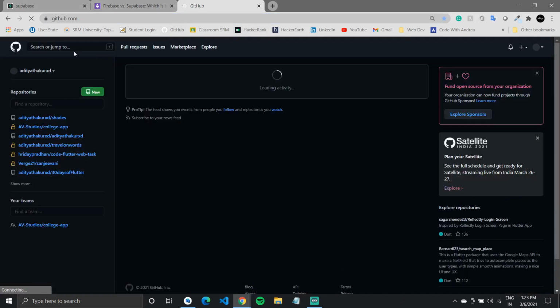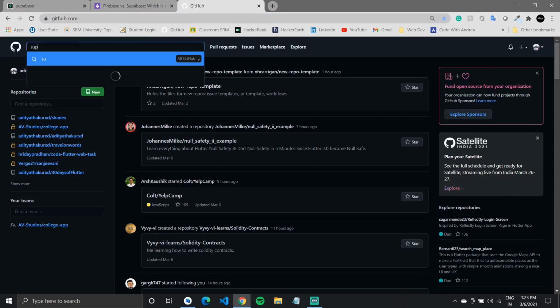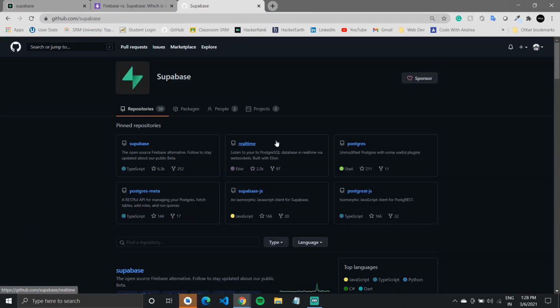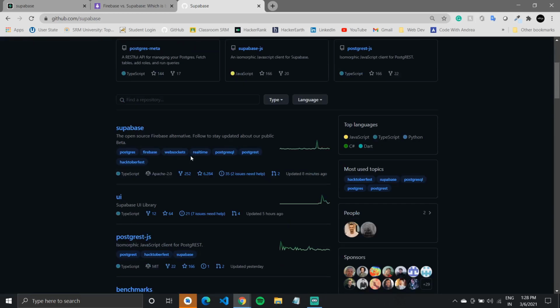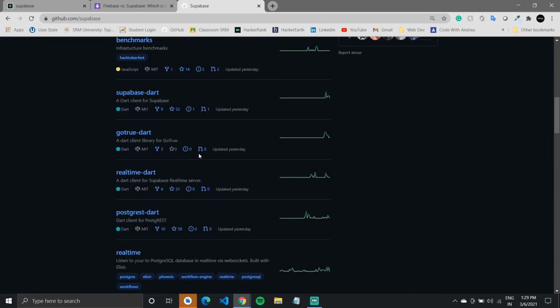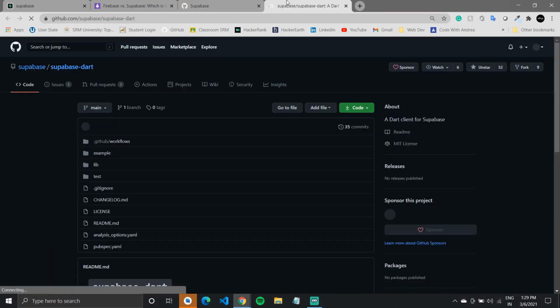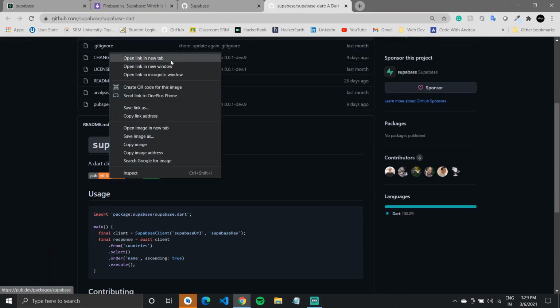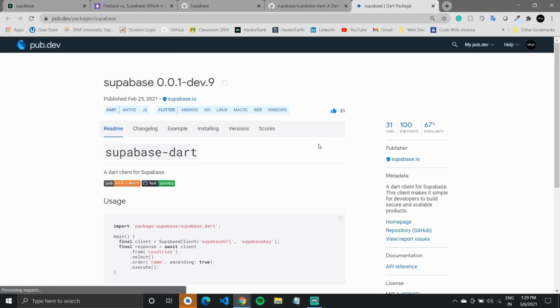I'll go over to GitHub, go over to their organization, Supabase. Supabase is open source, so you can check out their organization by going over to github.com/Supabase, and they have this repository called Supabase that has all the code for the database. What we need is to integrate it into our Flutter application. So we will be using this Dart client for Supabase called supabase.dart, and it is available on Flutter pub.dev. So you can get the package from here,